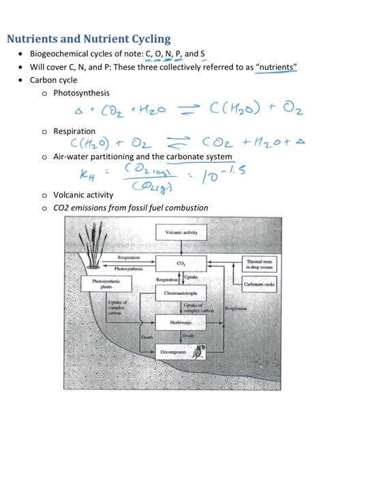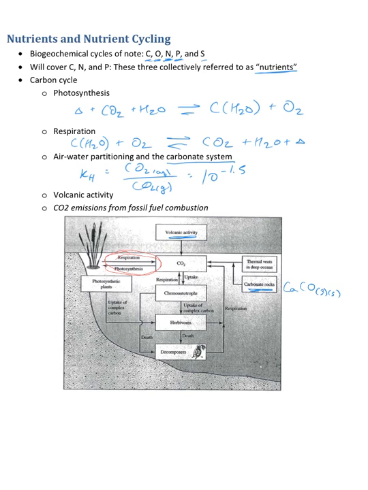Volcanic activity is a big source of carbon and carbon dioxide to the atmosphere. So you can see in this figure down here, you've got volcanic activity up here. We've got carbonate rocks, calcium carbonate, CaCO3 solid, thermal vents in deep oceans. All of these can contribute carbon dioxide. We have the plants over here. You can see respiration and photosynthesis going on here,